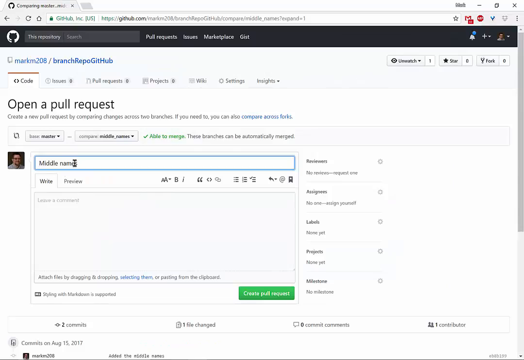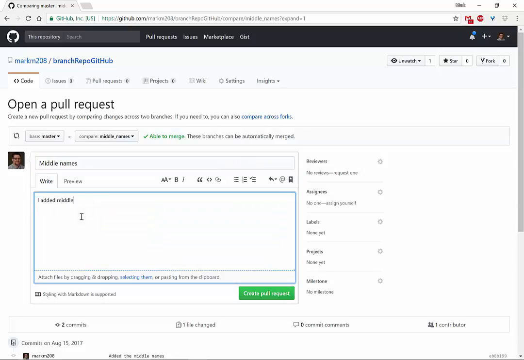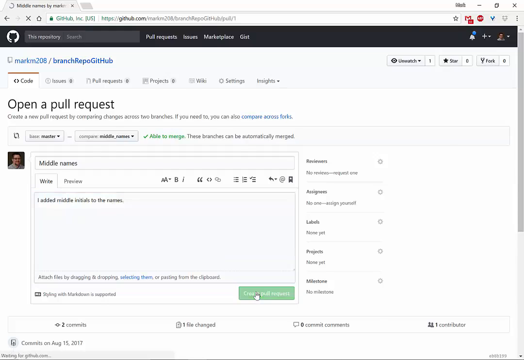Okay, here it's got a title and comment. So here I can describe what the changes are. This little message is going to go to the owner of the repository, or the person in control of the master branch, and they're going to get the opportunity to either pull the changes in or ignore them. So I'm going to create the pull request,